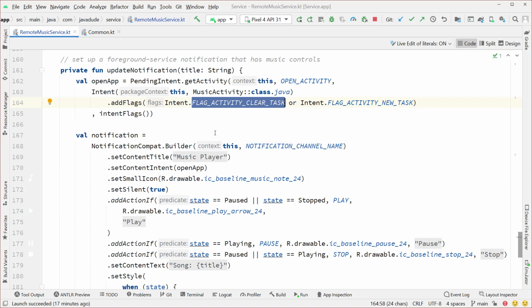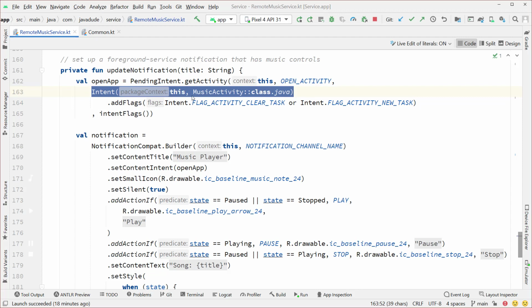If you don't do this, we're going to keep stacking up more and more instances of our music activity on top of each other. This is going to start a new task and make sure that it's clear so that we don't have any of that residue laying around. Now, the intent that we would use for our start activity says I'm going to go in this application to the music activity. And the way that we have to set this up inside of the button in the notification